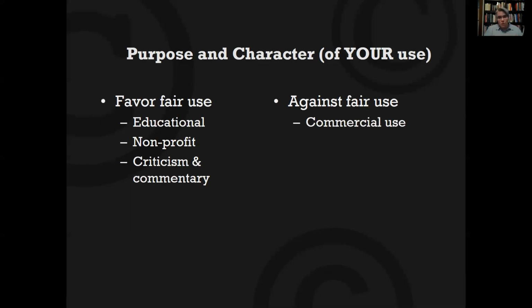Teachers who are teaching in for-profit educational institutions may be kind of a wash on this one, I don't know. So this is kind of a tricky thing. It's not true that just because it's commercial, it's no longer fair use. They're all kind of weighing in the balance here and there. So commercial use can be fair use, but it tends not to be. Educational use sometimes isn't fair use, but it tends to be. So that's what we mean by weighing in favor, weighing against.